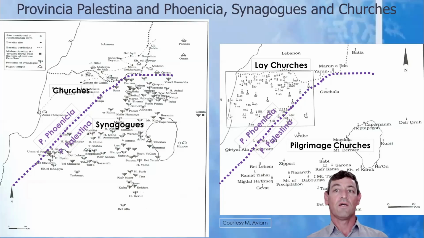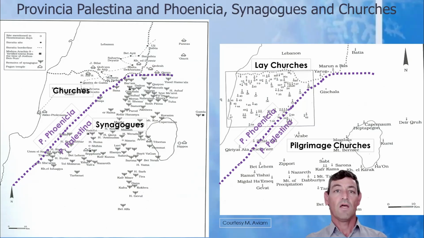The cultural, religious, economical border between Western and Eastern Galilee has been demonstrated before. Christian villages, churches in the west in Provincia Phoenicia, and on the other side, on the east, in Provincia Palestina, synagogues. This division follows a border between those provinces for centuries, from Roman and even earlier times, and this has been demonstrated mainly by Aviam before and other